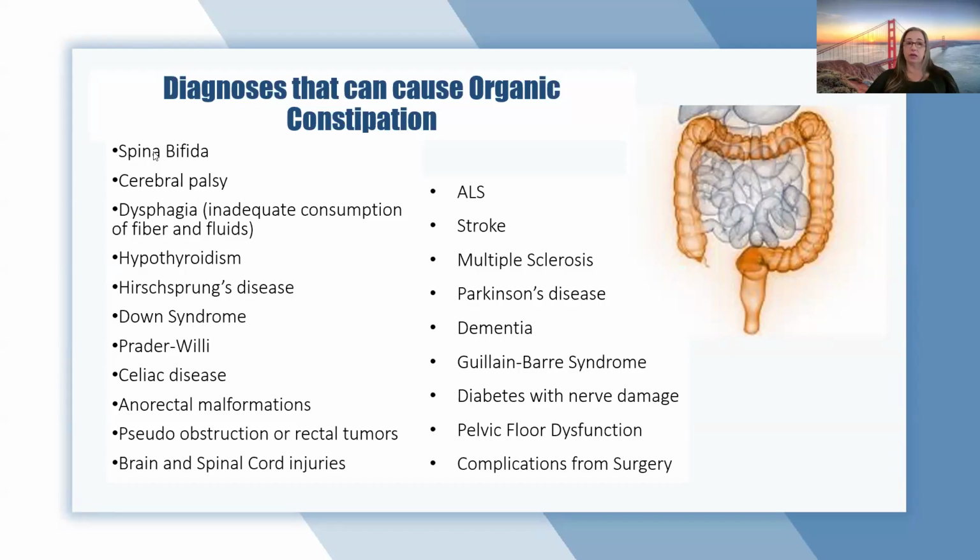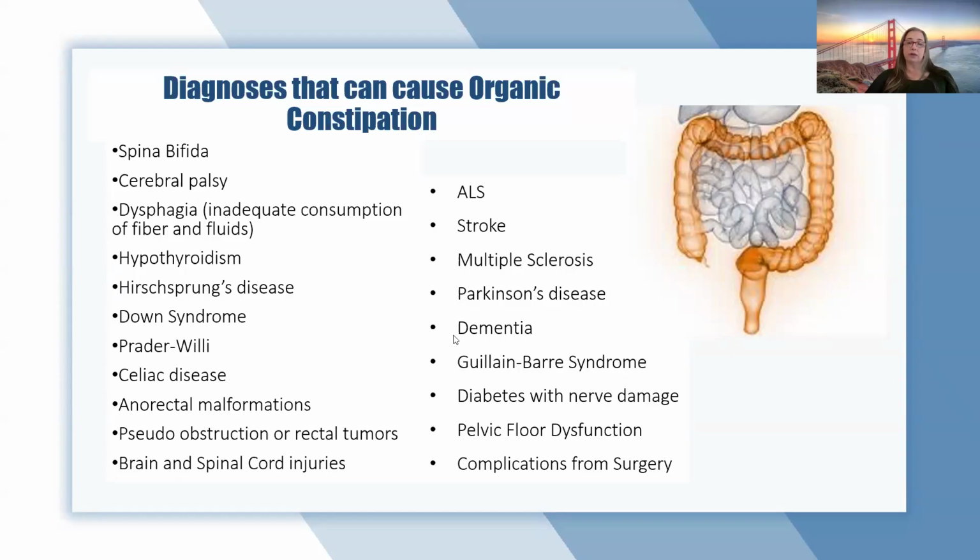issues such as spina bifida, cerebral palsy, Hirschsprung's disease, Down syndrome, Prader-Willi, celiac disease, anorectal malformations, also any kind of brain or spinal cord injury, anything that affects the nervous system and the functioning of the nervous system is also going to affect the function of the bowel. And that can include things like ALS or having a stroke, multiple sclerosis, Parkinson's disease,